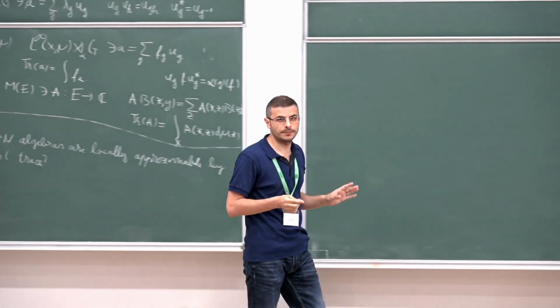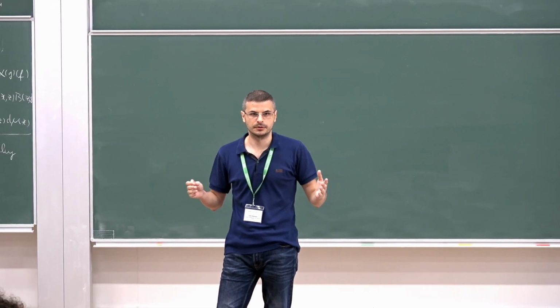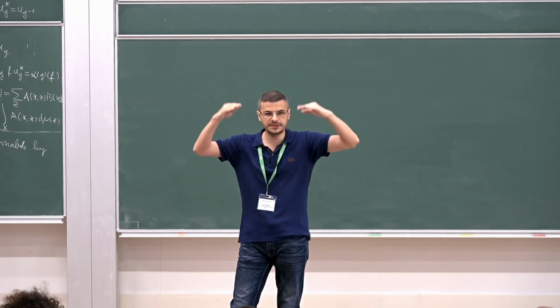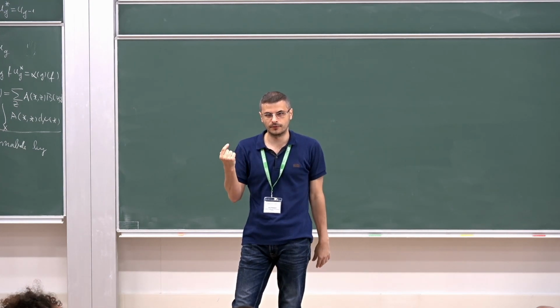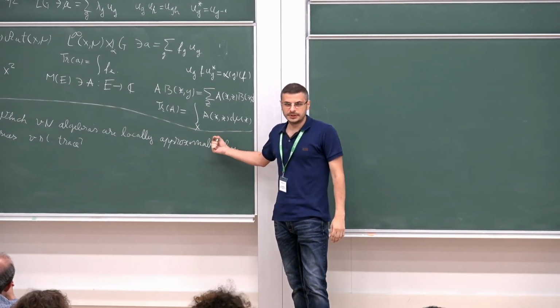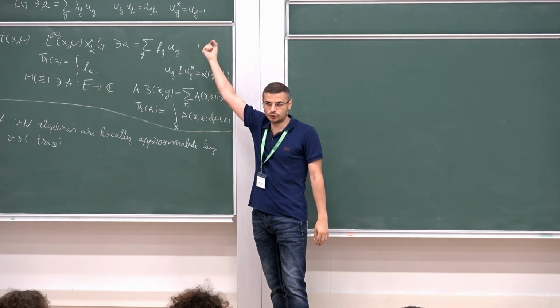If you never saw Connes embedding before, just think of the picture of the Lebesgue integral, of the definition of Lebesgue integral. So you take a measurable function and you approximate it with simple functions, functions that have only a finite number of values. So Connes embedding problem is a non-commutative equivalent of this picture, the same way that the trace is a non-commutative integral.